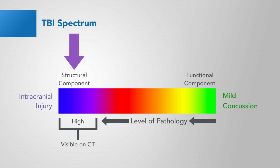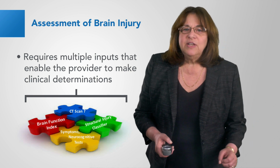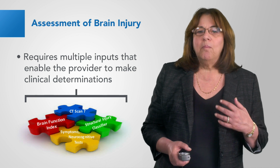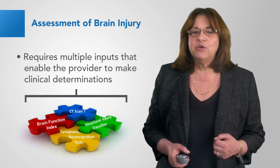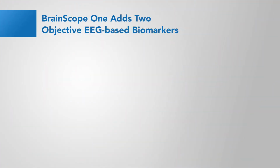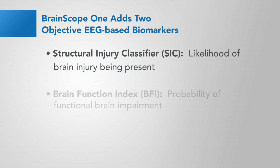In this video, we're going to focus on that part of the spectrum visible on CTs, and that's structural brain injuries. Assessment of brain injury tends to be multidimensional. It requires multiple inputs that enable the provider to make clinical determinations. BrainScope 1 adds 2 objective EEG-based biomarkers to the process of evaluating traumatic brain injury. The structural injury classifier, the likelihood of brain injury being present, and the brain function index, the probability of functional